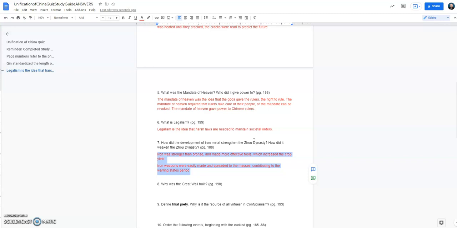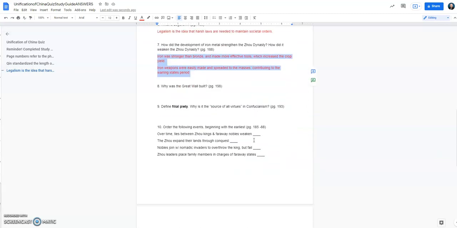Question number 8, why was the Great Wall built? Well, the Great Wall was built because you had these conquering nomadic tribes in the north of China. And what these tribes would do is they didn't really have a kingdom or live in any one place. They would go to a village and conquer it. Eat all the food,